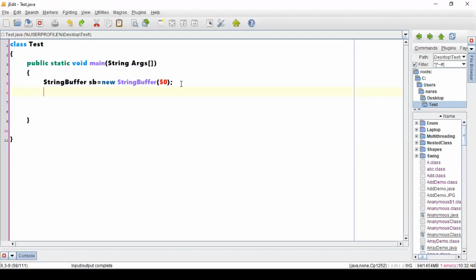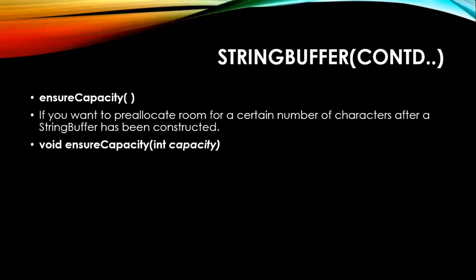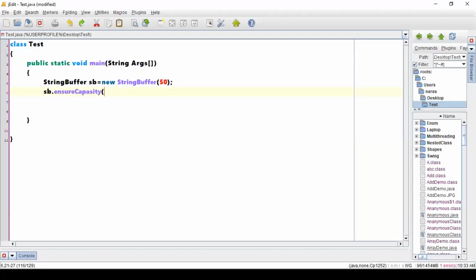Right now, before filling the 50, I felt that this program's requirement might be expecting more strings. So now what I did is I wrote something like sb.ensureCapacity. Spelling is correct. I said 100.